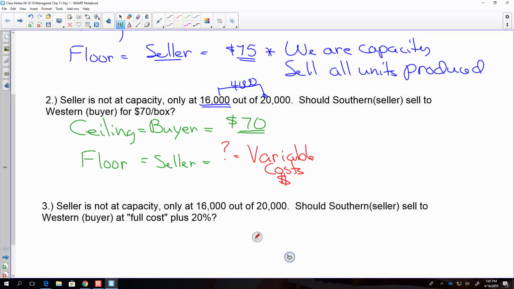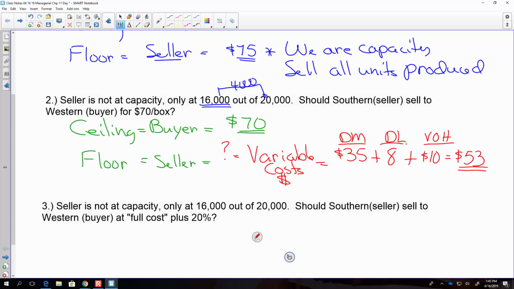What's one variable cost? The direct materials? Yeah, the direct materials. So I have $35 of direct materials, plus what? 8 for direct labor. There's one more. And then the 10 for variable. Yeah, which was 10. So the sum of 35, 8, and 10 is 53. And that's my